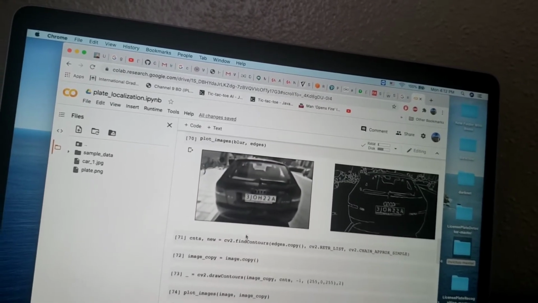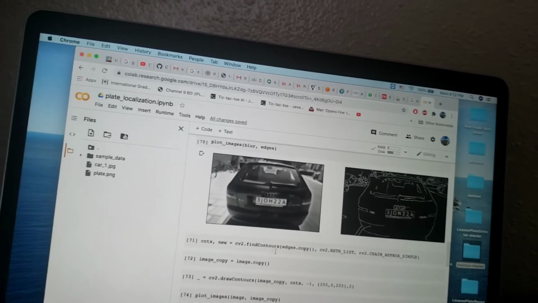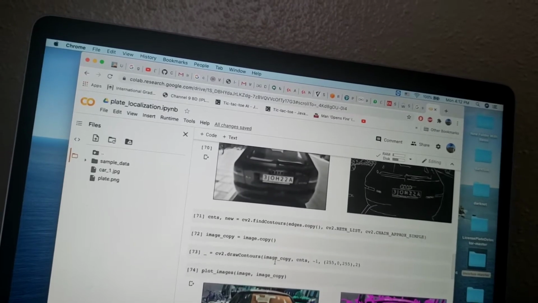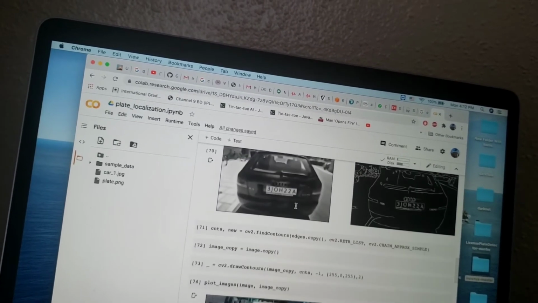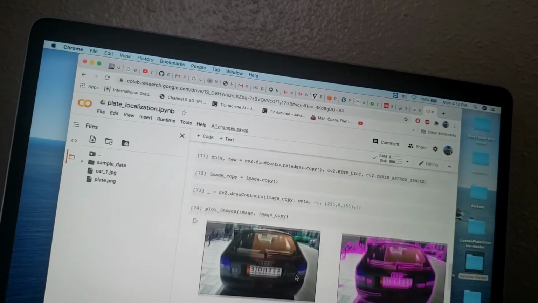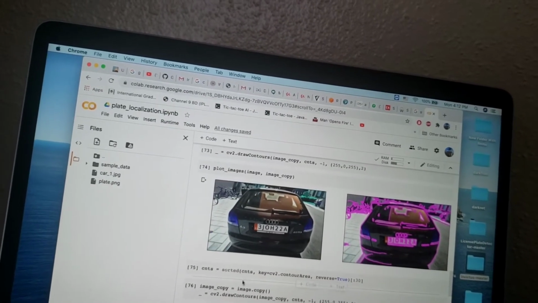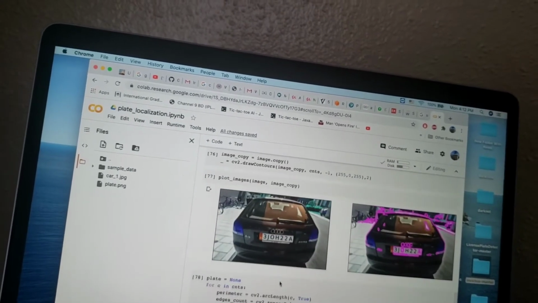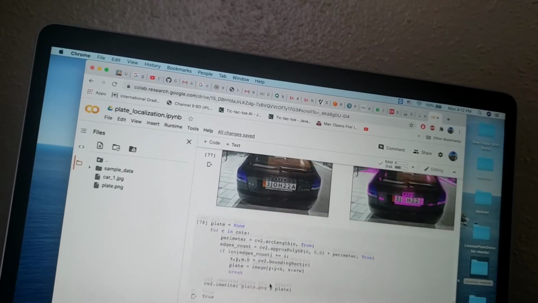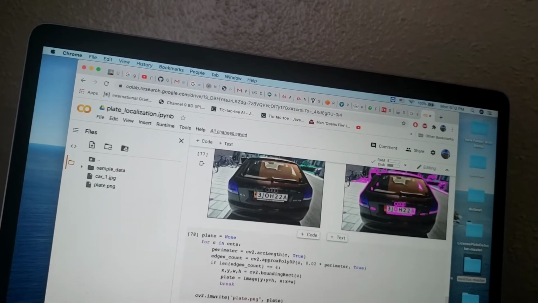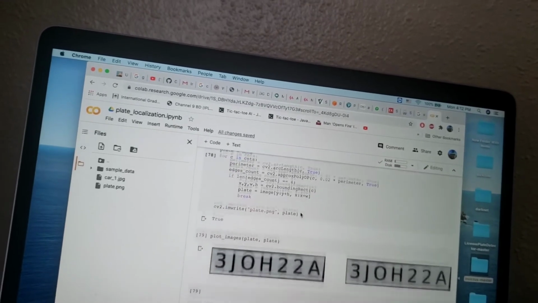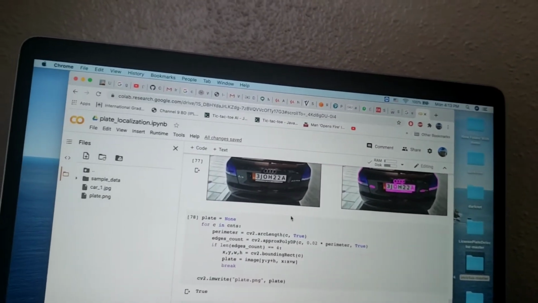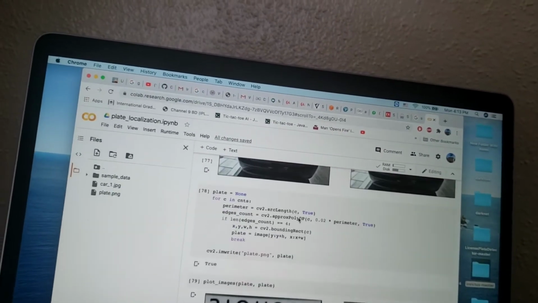After that, we take the connected components, draw the contours, and take all the contours to get the image of the number plates. So we are truncating the number plates towards the perimeter. Basically we are doing all sorts of approximation and arc detection here.